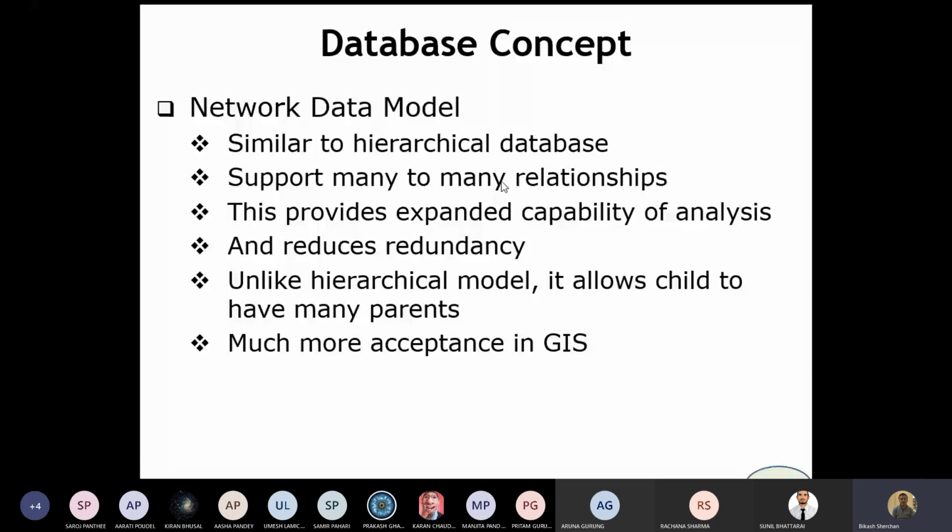Okay, because of this many to many relationship, unlike hierarchical data model, it allows child to have many parents. हैन, हाम्रो चाहिँ जुन चाहिँ हायरार्किकल मोडलमा चाहिँ एउटा प्यारेन्ट्सको चाहिँ नम्बर अफ चाइल्ड हुन सक्थ्यो होइन, तर एउटा चाइल्डको चाहिँ नम्बर अफ प्यारेन्ट्स हुन सक्दैन होइन, एउटै मात्र प्यारेन्ट हुन सक्थ्यो भने त्यो चाहिँ रेस्ट्रिक्सन चाहिँ यसमा भएन। हायरार्किकल डाटा मोडल को जुन चाहिँ लिमिटेसन्स थियो होइन, त्यसलाई चाहिँ यसले चाहिँ ओभरकम गर्छ त्यो।